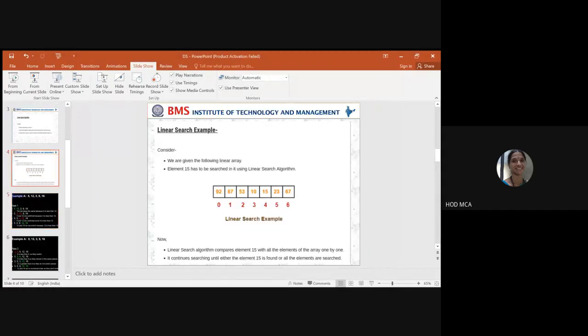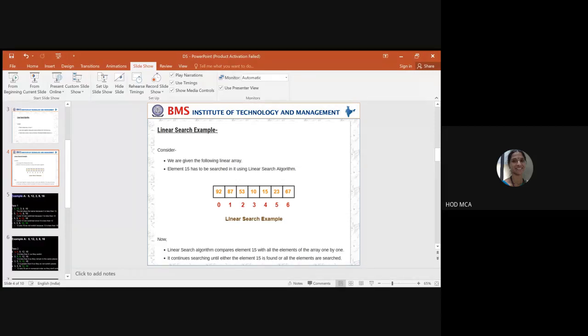Coming to binary search, I have not included any example here. In binary search, we divide the list into two parts. The prerequisite for binary search is that the list has to be sorted in ascending order. You find out what is the middle, you have low, high, and then you do it. These are the only searching techniques in our syllabus, linear and binary.